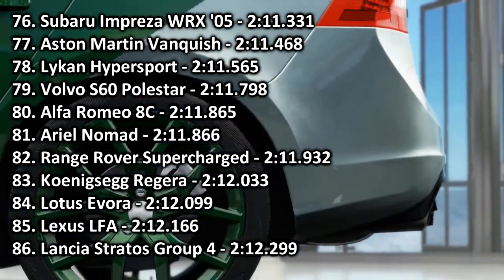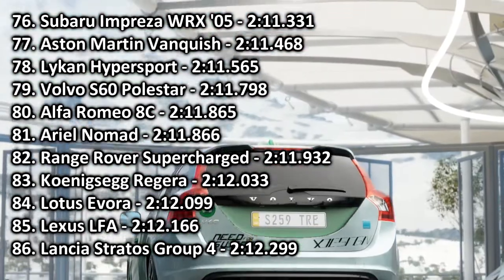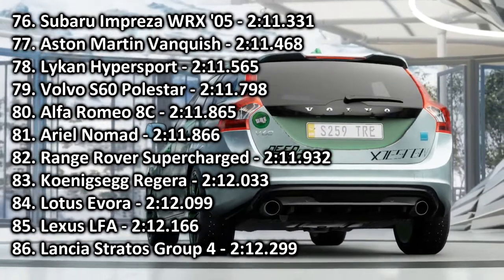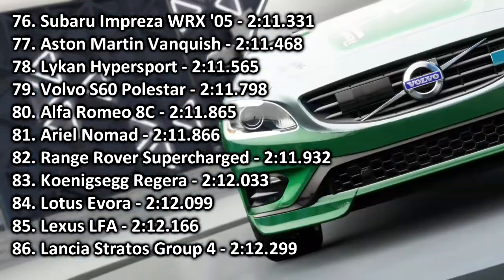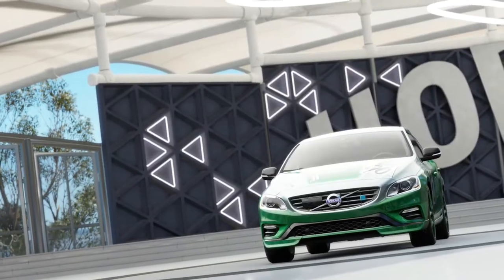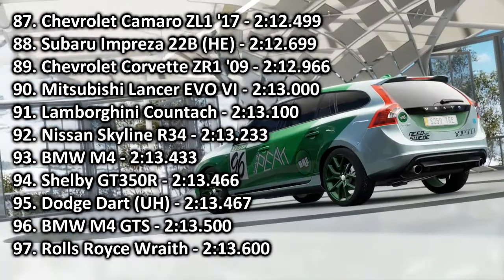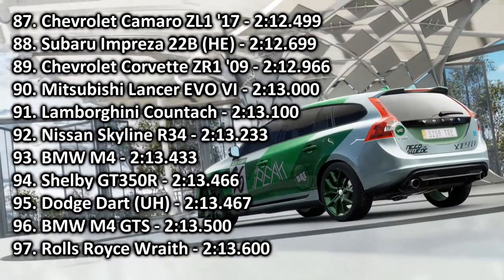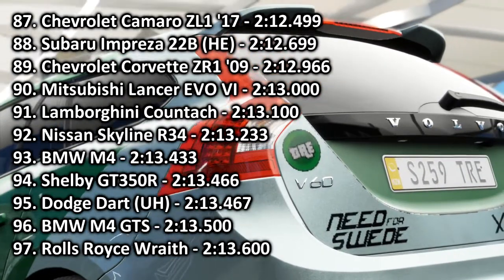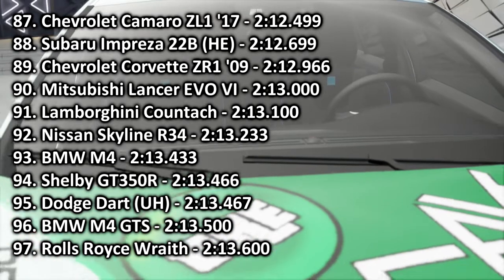In 83rd place, the Koenigsegg Regera with a 212.033, which beats out an Evora, an LFA, loses out to a Range Rover Supercharged. The Regera is about 5 seconds off of the One:1. As I said, the Regera is just a harder car to drive than the One:1. Moving down the board once again, we find the other cars. In 89th place, the Chevrolet Corvette ZR1 with a 212.966, beats out an Evo 6 stock, does lose out to a Chimera ZL1, which is pretty interesting, and the